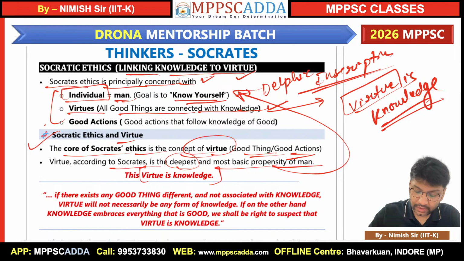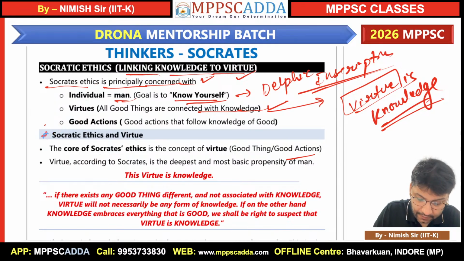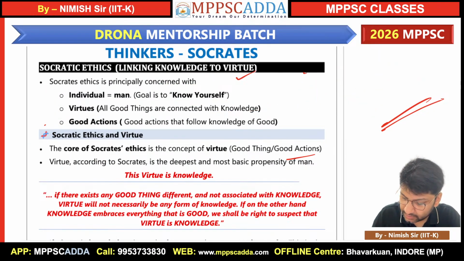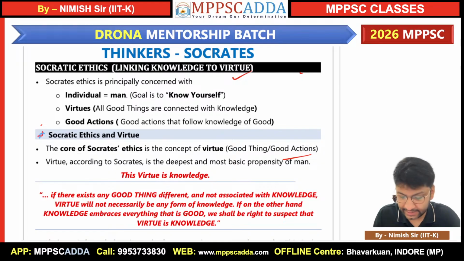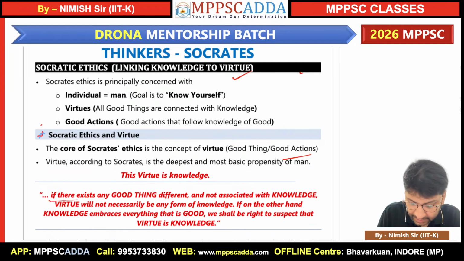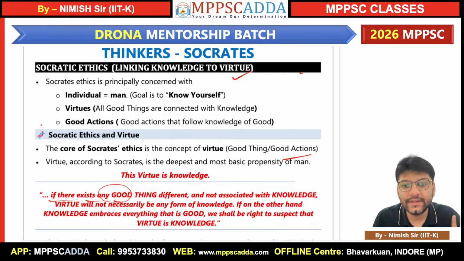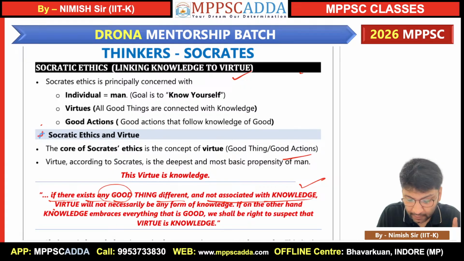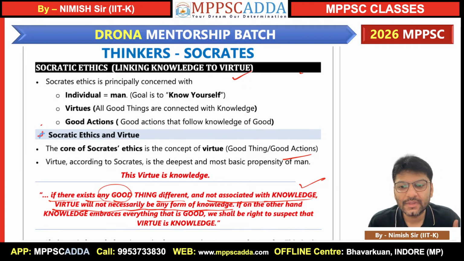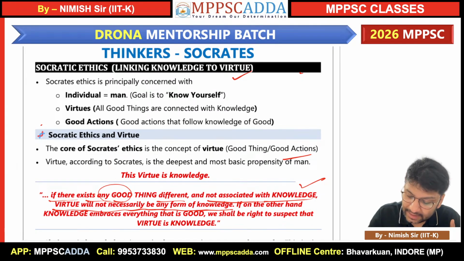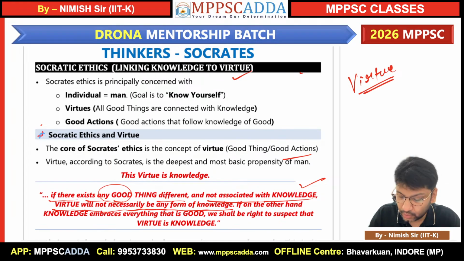So this virtue is knowledge. What he is saying, again a very important point, is that virtue is knowledge, right? As you can see on the screen, I am highlighting that if there exists any good thing different from and not associated with knowledge, virtue will not necessarily be any form of knowledge. What does it mean? He is simply saying that if there is any good thing, meaning any virtue, which is